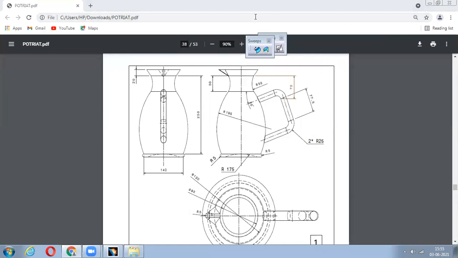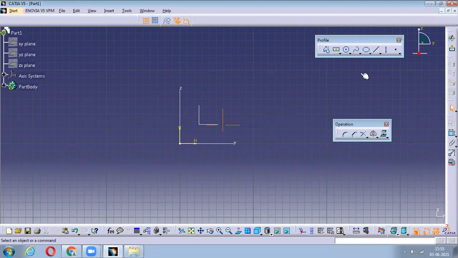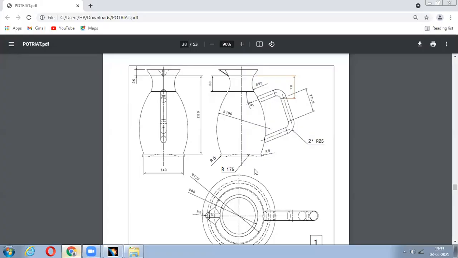Okay, so we'll try to create this jug model by using the surface design. I'll directly jump into this. Here I'll select this profile and start sketching on it. First you have to create this profile. Just leave this up to 50. Of the total 250, leave this 20, because it's quite hard to create this shape directly with the sketch. So I'll draw it from this R55.